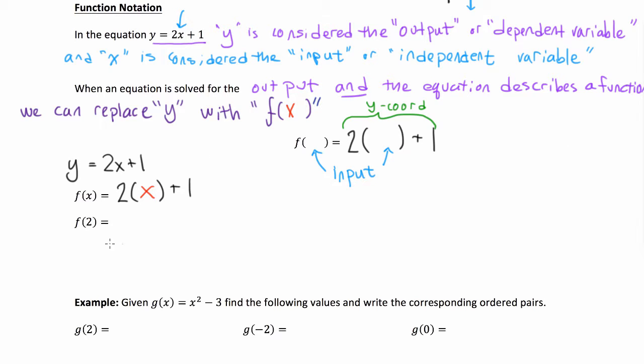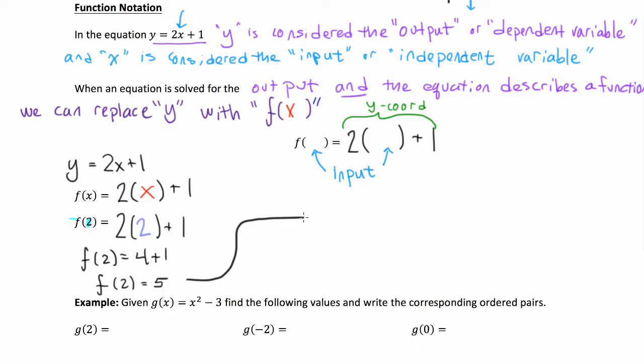F of 2, this is still my function. This is my function structure. And what I'm going to do is, because they're showing me a 2 over here, I'm going to plug a 2 over here, and then I would simplify that. So I get f of 2 equals 4 plus 1, or f of 2 equals 5. So here, f of 2 equals 5. This has an input of 2,